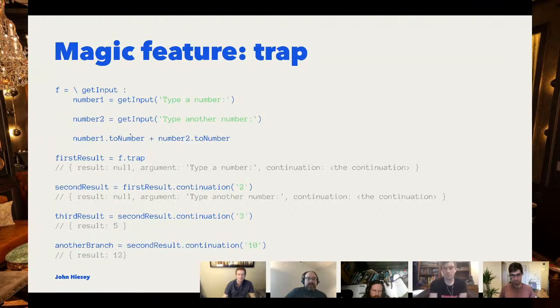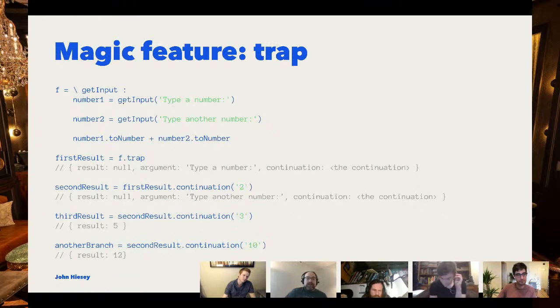You can think of this as kind of like a generator, except this argument that gets passed in is what actually acts like yield. So when I call f.trap, it'll start executing function f with this special argument called a handle.